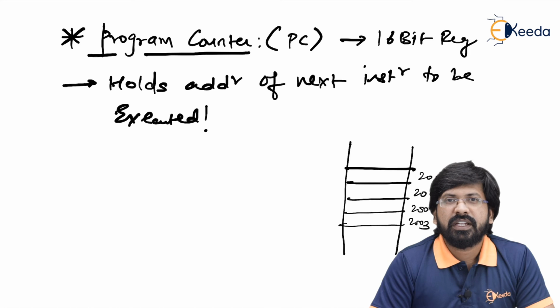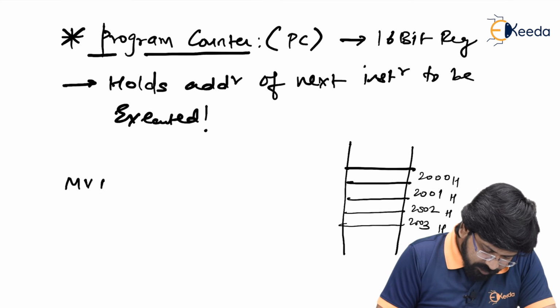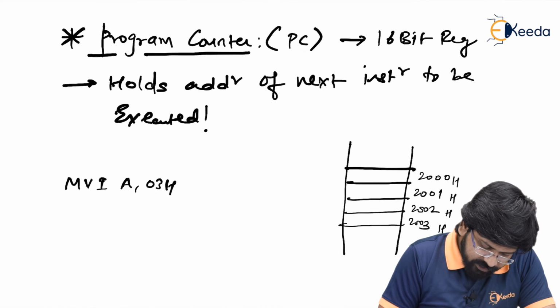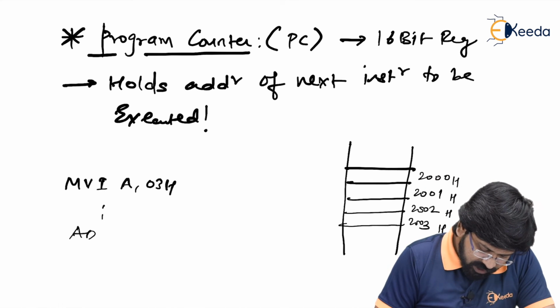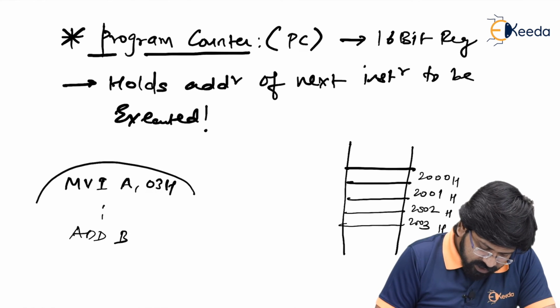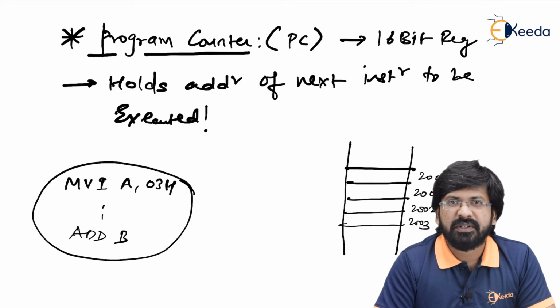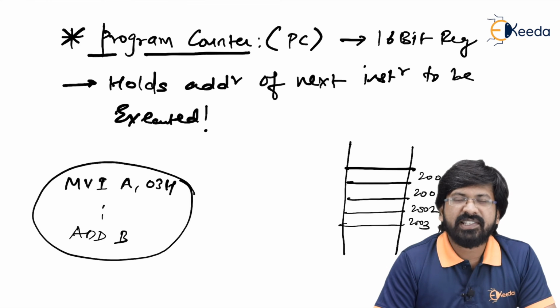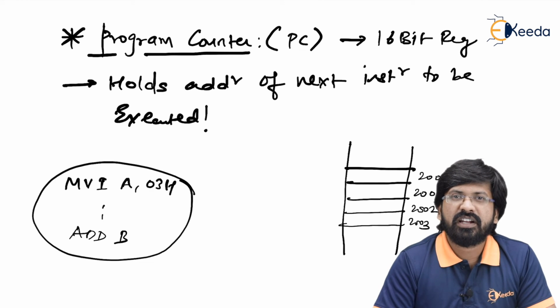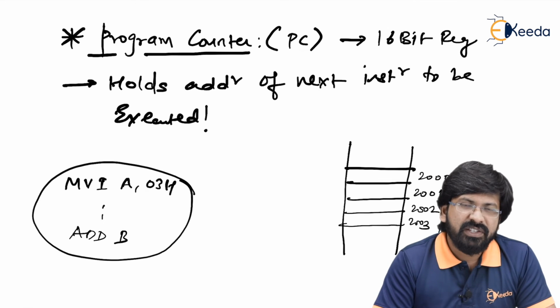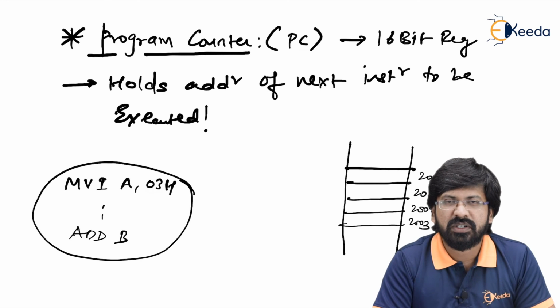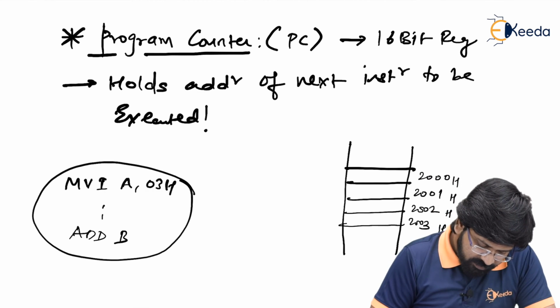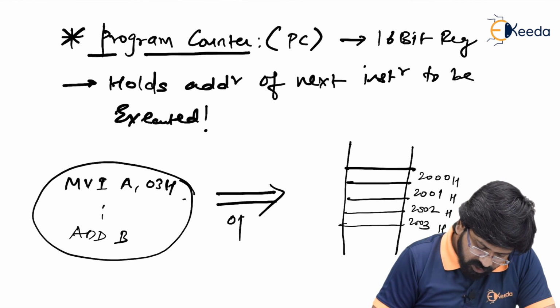And remember, even though we are writing instructions like this, for example MVI A, 03 hex or MVI B, 02 hex and so on, or we are writing some instruction like ADD B, this language is what we call assembly level language. But instructions are not stored as they are in the memory, they are stored in their respective hexadecimal code. So every instruction has its own hexadecimal code or equivalent code, and that is known as operation code or also called opcodes. So basically what is stored in memory is not this instruction but their opcodes.